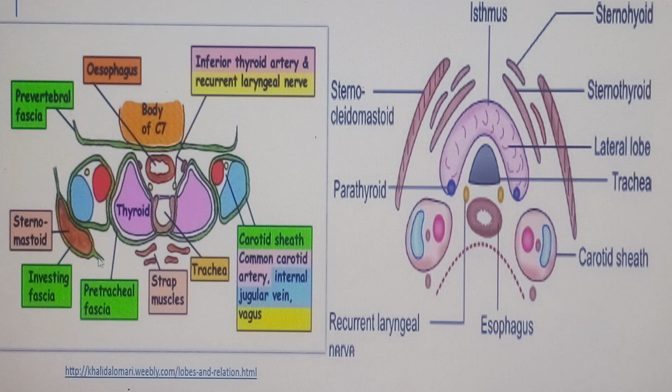My friends, that is what we call the pretracheal fascia. Pretracheal fascia, importantly. Now, why do we call it pretracheal fascia? The reason is simple, because one thing that we know is that behind this fascia we have what we call the esophagus. The esophagus is going to be there, and the trachea is going